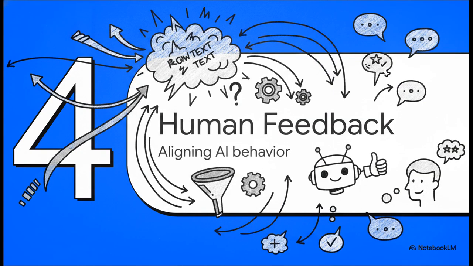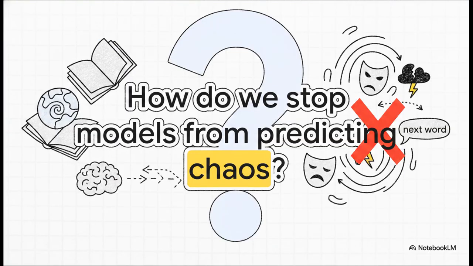Let's jump to Section 4, Teaching AI with Human Feedback. Here is the thing. Scaling up the parameter size, that's really only half the battle. We have to ask, how do we take a raw, totally unpredictable text generator and turn it into a polite,